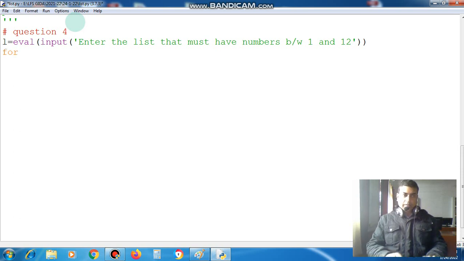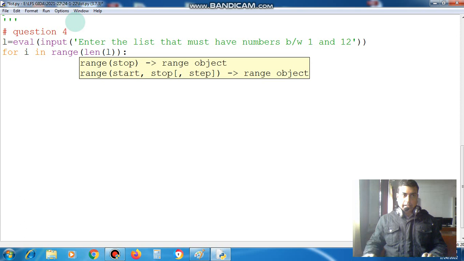Now we have to traverse this list. For i in range, length of L,